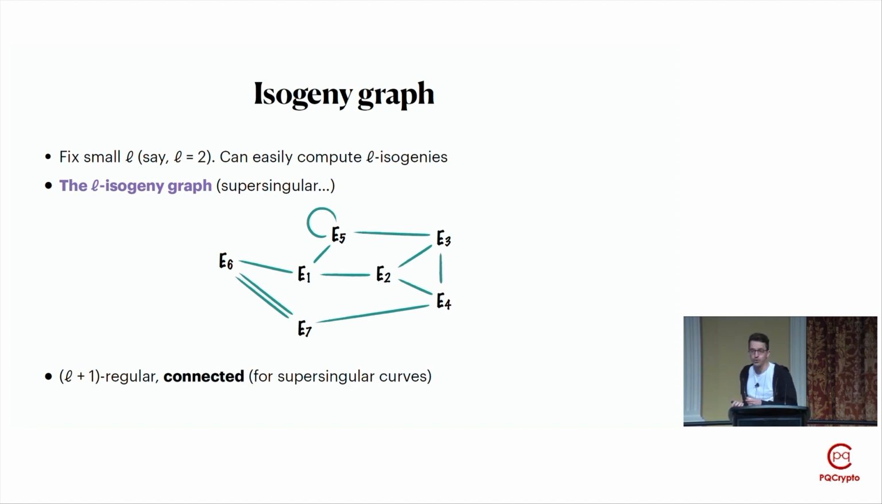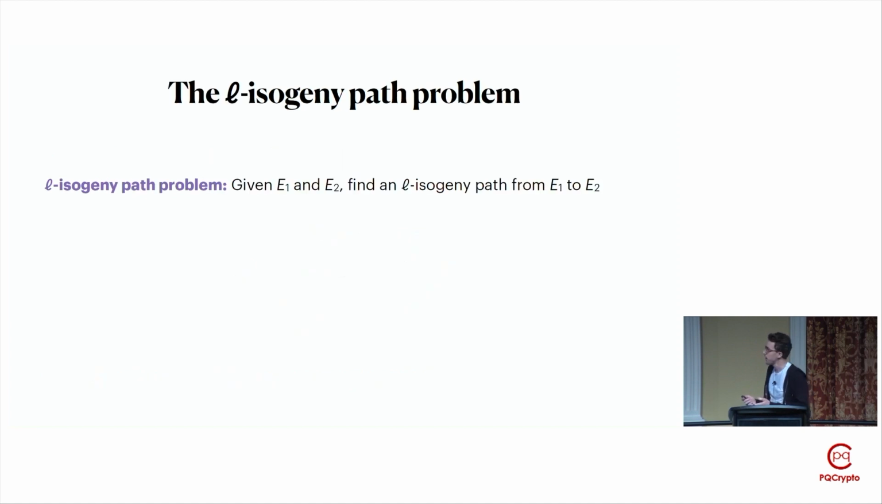It's also L plus 1 regular. So in this example, L equals 2, so this is a 3-regular graph. You have a few kinks. You have self-loops. You have edges with multiplicities. These are fairly rare. So you have a connected graph, and you can ask the path-finding question in this graph,